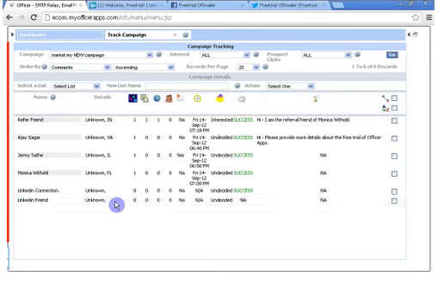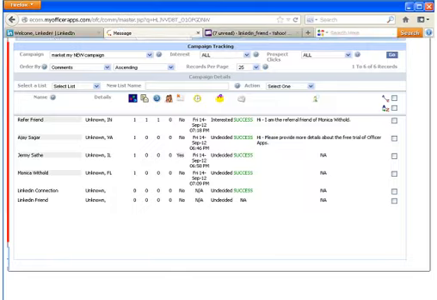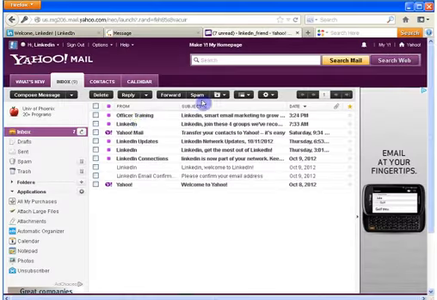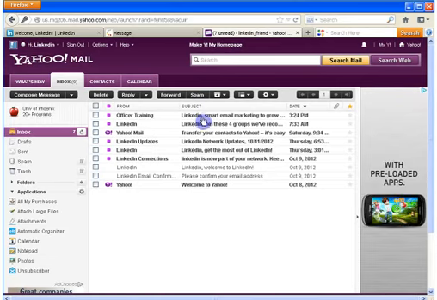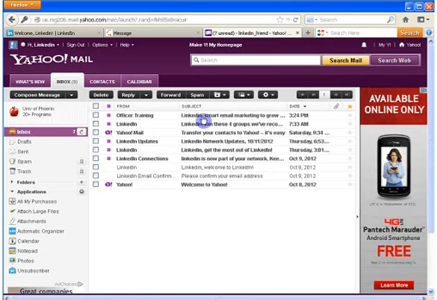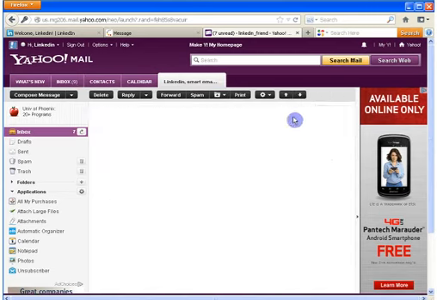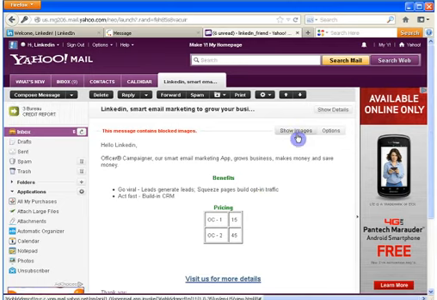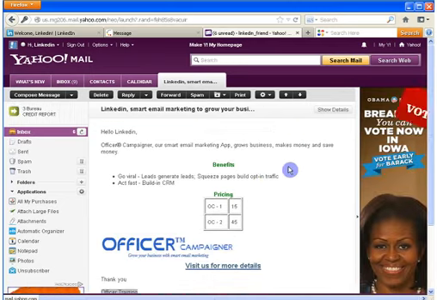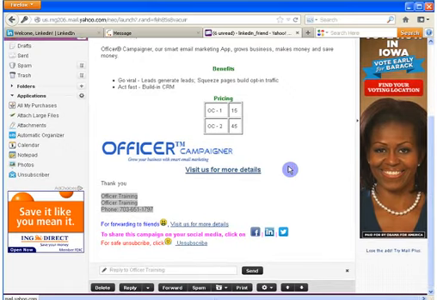Now let's go to the email for LinkedIn Friend. If you notice, LinkedIn Friend has received an email after they got added into the user account of Officer Training, which is a user we are using for the video tutorials. It is the same email campaign that others have received. Incidentally, this is a Yahoo email, so the advertising on the left and right really is not